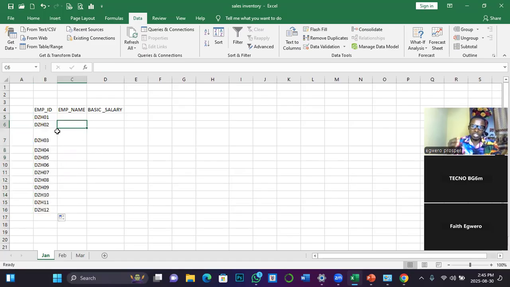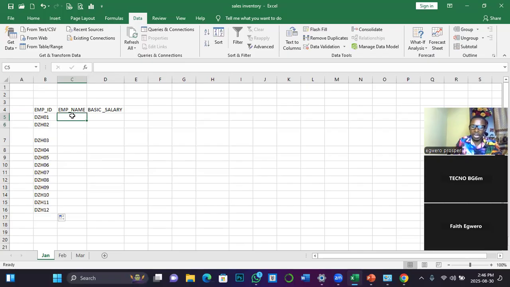So if you are using your manual book, you can see the reason why you should advance. You see the reason why offices are advancing today, looking for computer people instead of manual people. If you rule a line on your note and you want to achieve what I did within a few seconds, imagine the stress you go through. So you just gave Excel an example. The AI of Excel understood what you meant and automatically computed it for you.